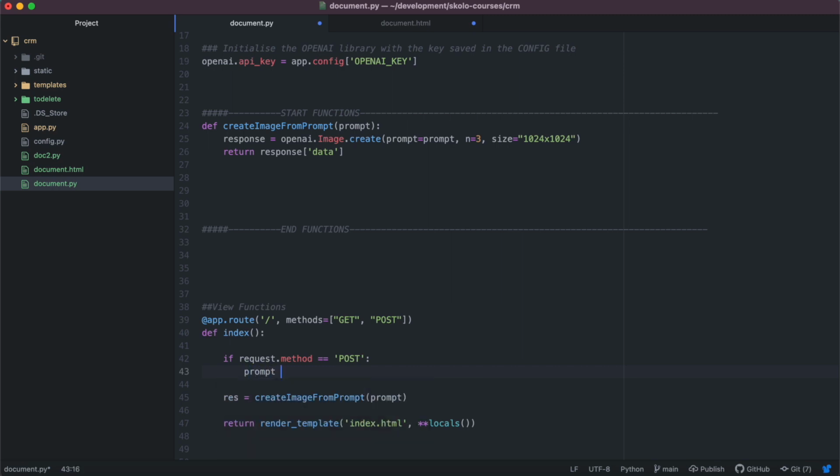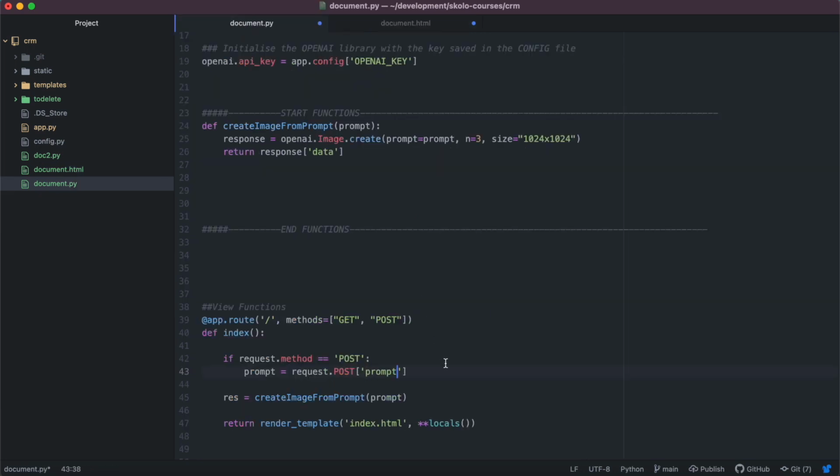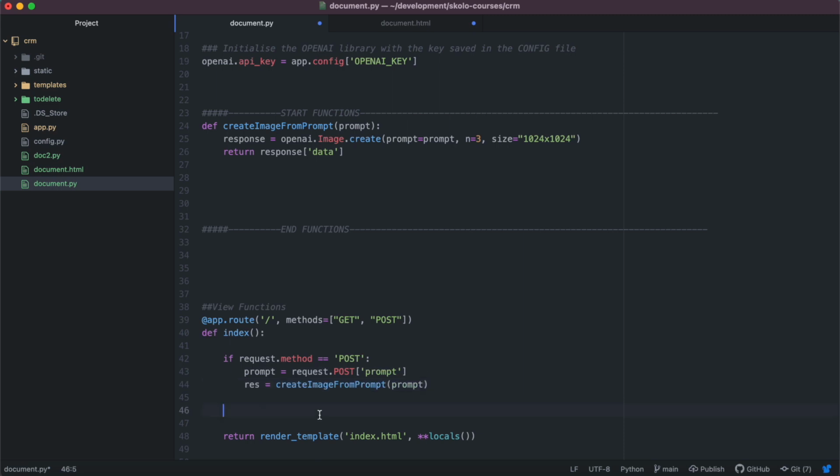Okay, and the prompt will be request.post, and it will be inside of the form. I think we called it a prompt. So it will be request.post prompt, and then we will run our function over there. All right, and then after running our function, we will send this variable off to the front end via the context. Okay, so over here what I'm doing is that I'm just importing all the local variables,